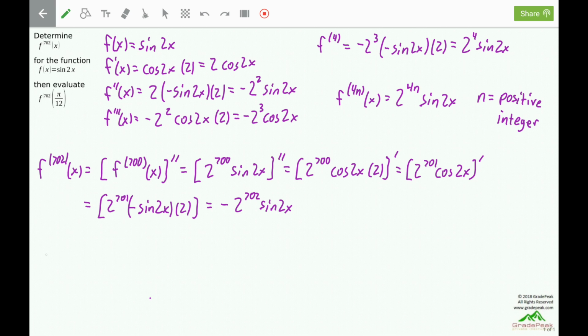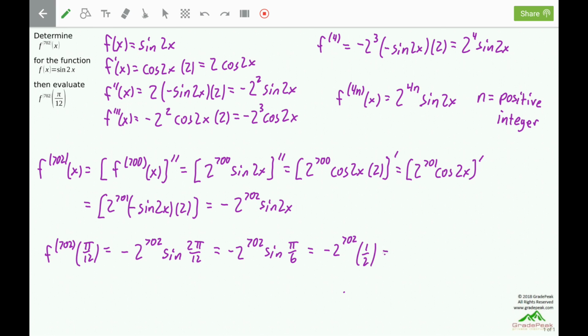Now we want to evaluate that at pi over 12, which just means to plug a pi over 12 in for any x's. So we have negative 2 to the 702 sine of 2 times the x, so 2 times pi over 12, 2 pi over 12. We'll reduce that. So we have negative 2 to the 702, 2 pi over 12 can reduce to pi over 6. Sine of pi over 6 is